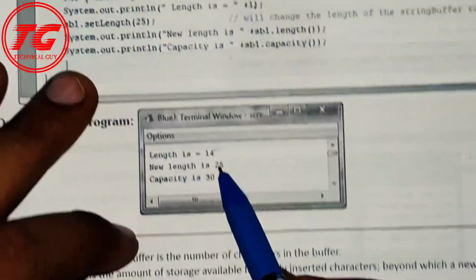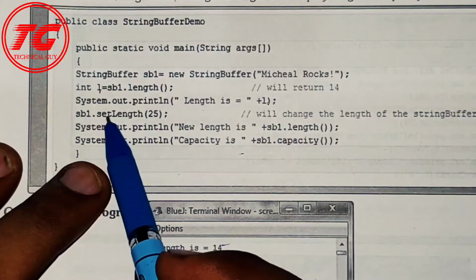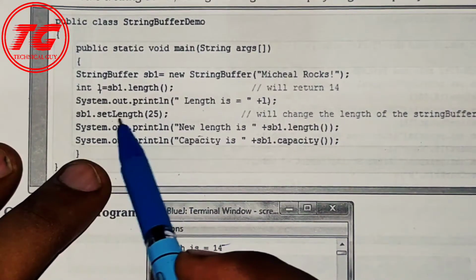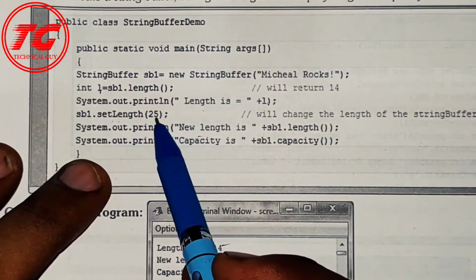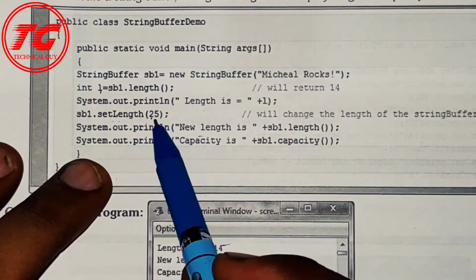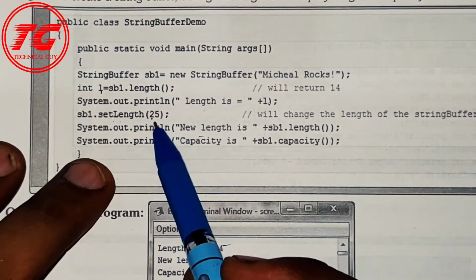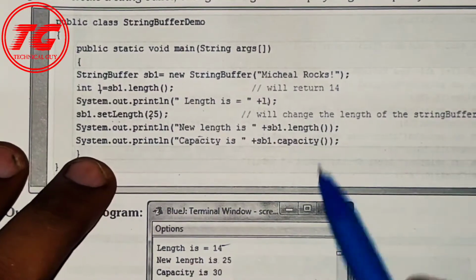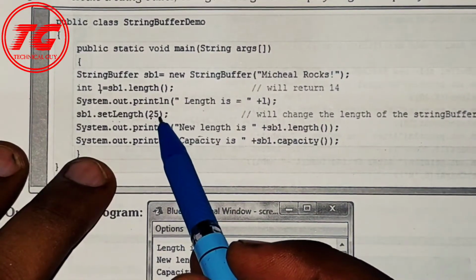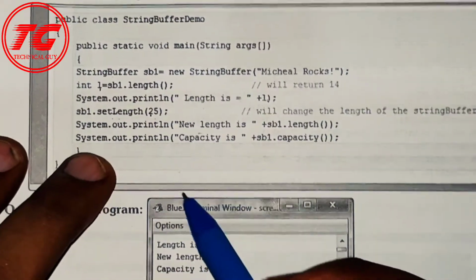The length printed here is, as you can see, 14. Then they have changed the length using the setLength method, and now the length of the string is 25, setLength 25. So 25 is the length of this. The previous length was 14, now the new length is 25.